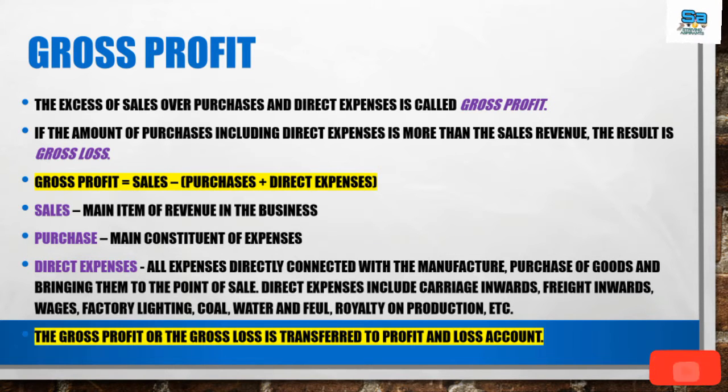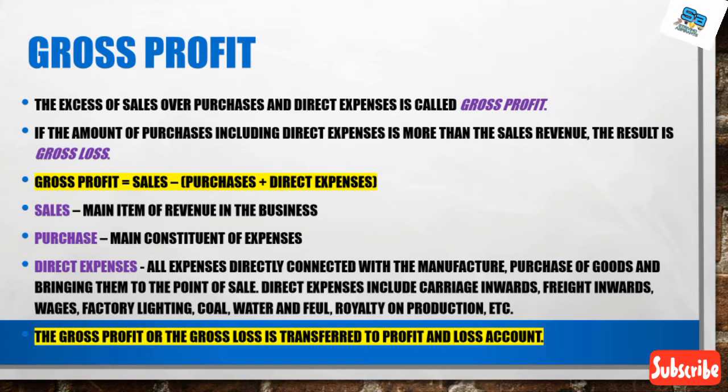Today we have another important topic in accounting: gross profit and net profit. Every business starts with the intention of earning profit. To attain the maximum profit, every business needs to increase their sales or turnover, and they have to decrease whatever direct or indirect expense comes in the business. Trading and profit and loss account is the platform to compute gross profit and net profit.